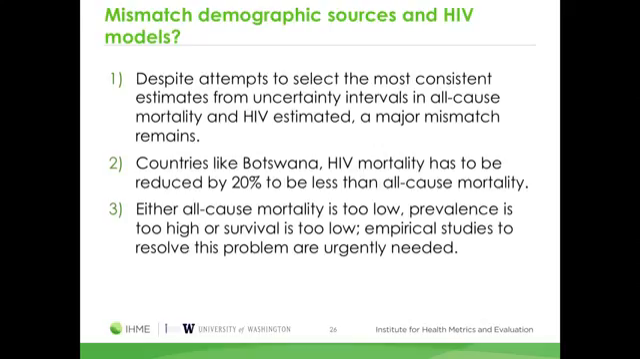The last one is the one that I think nobody really has a great answer for, which is this pretty big disconnect between all-cause mortality analysis, whether that's through sibling history surveys or vital registration data with correction in South Africa, and the modeling from prevalence back to incidence and then incidence forward to death that I've been talking about. This mismatch is up to 20% in some countries, and that's a lot of deaths,